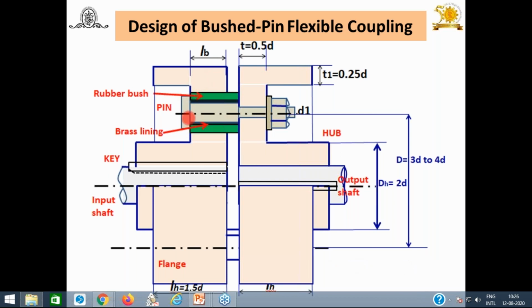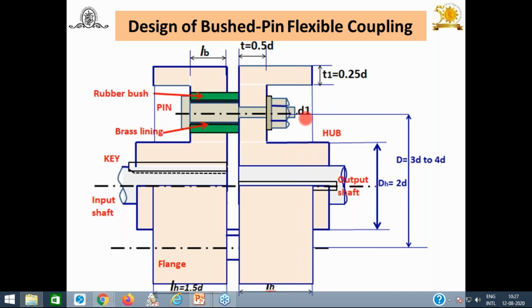For that purpose, look at the cursor. This pin is used here. In case of rigid flange coupling, nuts and bolts are used and the bolts have threads. But in this case, this pin, or you can see its shank part, doesn't have any thread. But after that, where this part of the pin is going to be inserted in the output flange, you will find the pin has threads, on which we are going to fit this nut to tighten it properly. Try to understand.